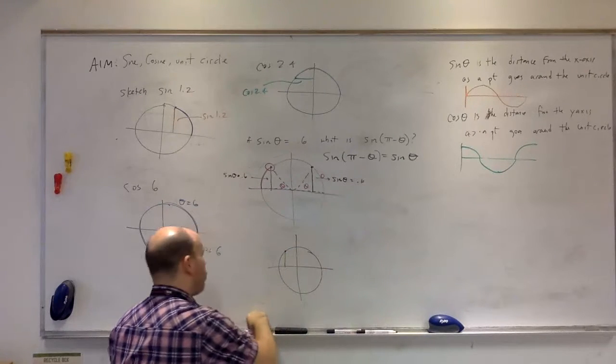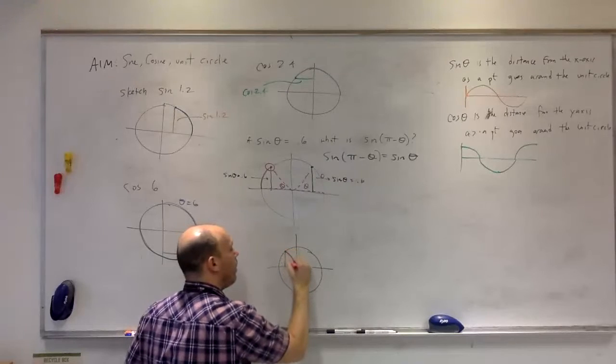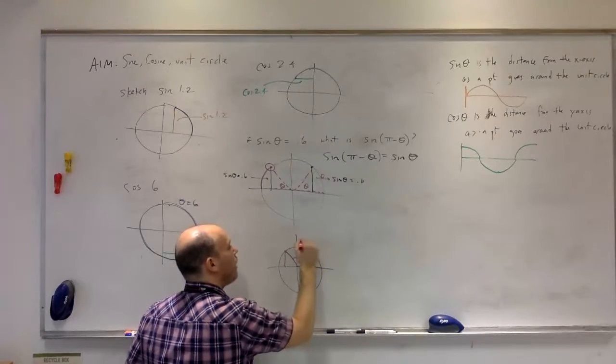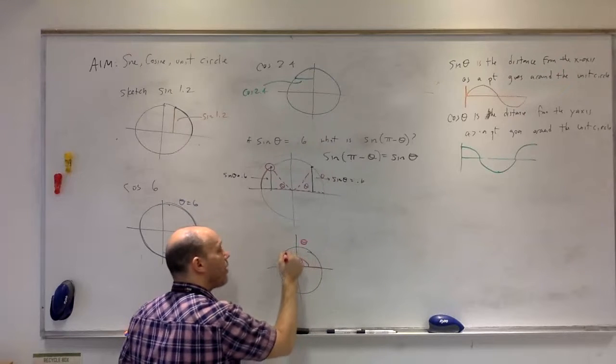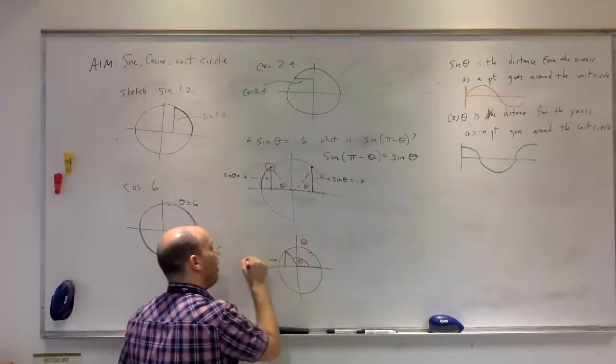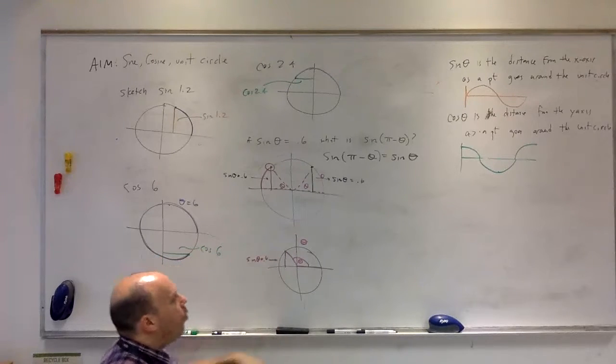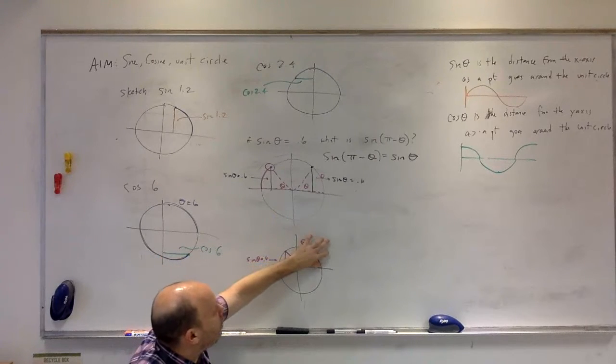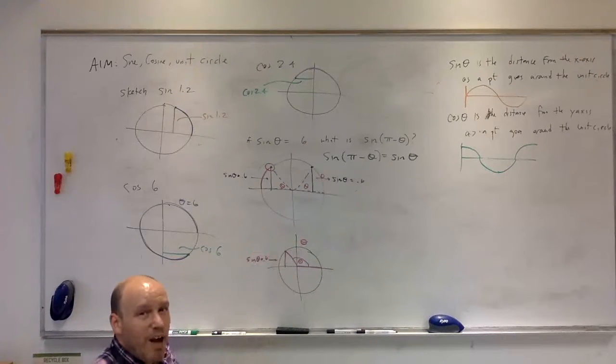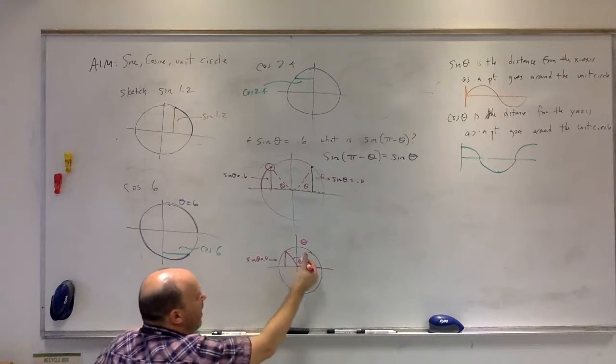So this rotation, right? This rotation has a height of 0.6. So the question is, what happens if I subtract this rotation from 180? Well, you can clearly see that,